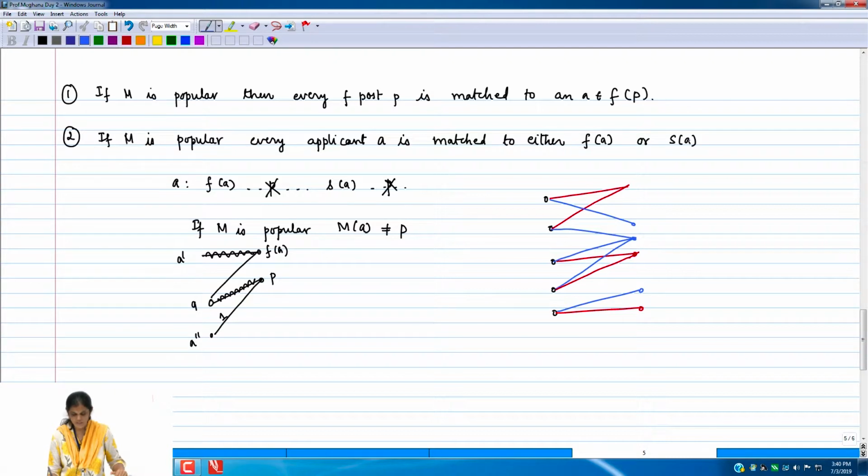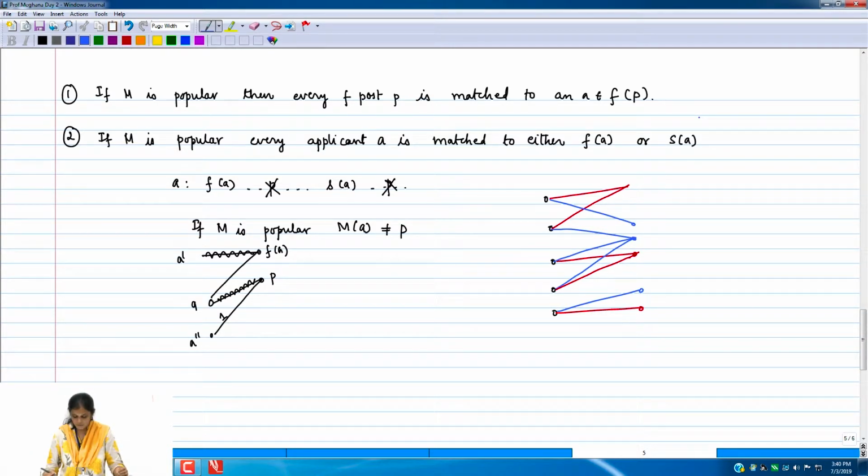But remember, what she is saying is she matched some applicant to its L of A. Is it allowed to match some applicant to its L of A? Yes or no? Yes, because L of A can be an S of A for somebody. Therefore, it's okay to match it to its L of A, as long as you match every F post. It is okay to match some applicants to their L of A,